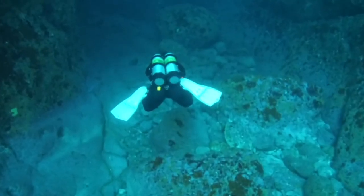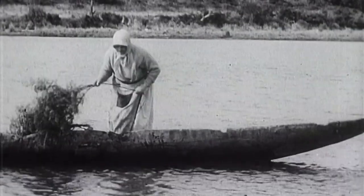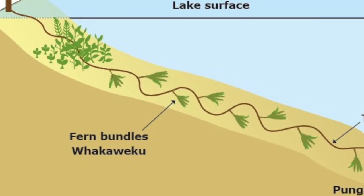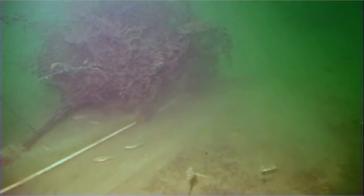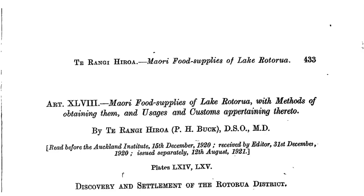I was talking to an uncle of mine, and he said, hey, why don't you try this traditional Te Arawa Tūwharetoa method called the toe kōura. Basically, that works by placing bundles of bracken fern called whakaweku on the lake bed, like a fishing longline, and the kōura go and colonise them, and they shelter in them, and they use them like little artificial reefs. So we've used them to capture large numbers of kōura in the lakes,